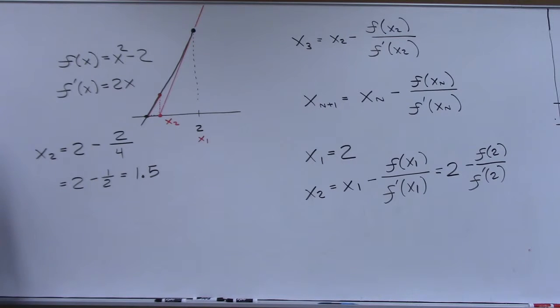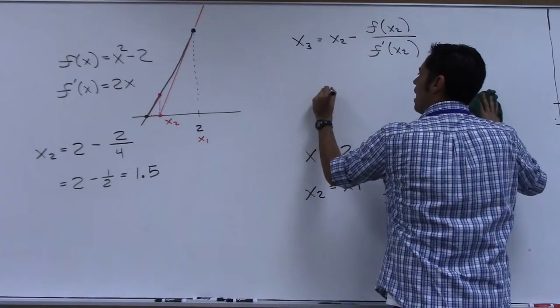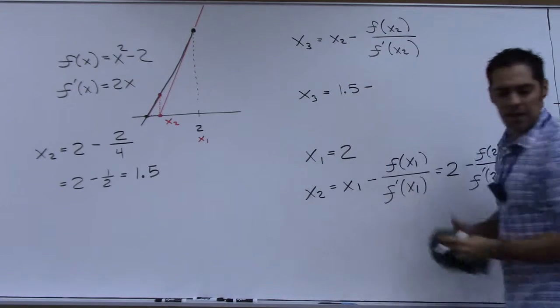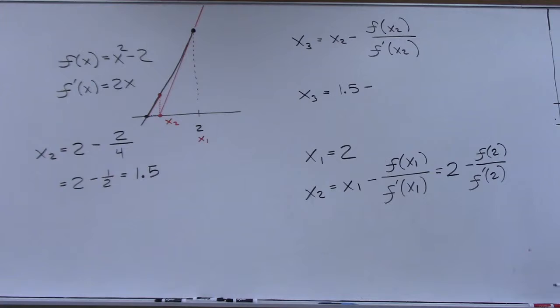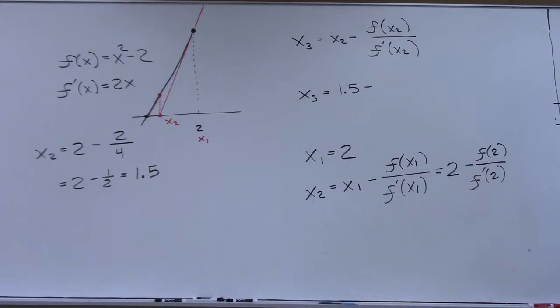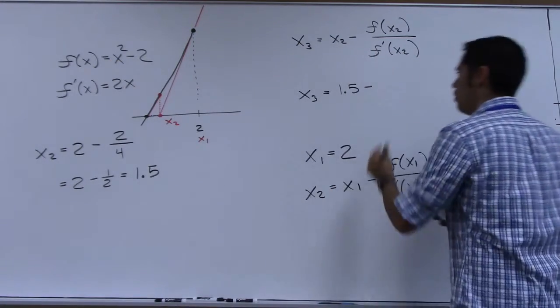When you reach 0, that's when you know. You usually won't ever reach 0. We'll get to that. When do we stop? All right, so let's just plug in here. We'll need a calculator at this point. X sub 3 will be 1.5 minus, now we have to plug 1.5 into our original function. So we're going to go 1.5 squared minus 2, right? What do you get? Y'all know what I'm doing or not? Plugging 1.5 into this? Yep, 0.25